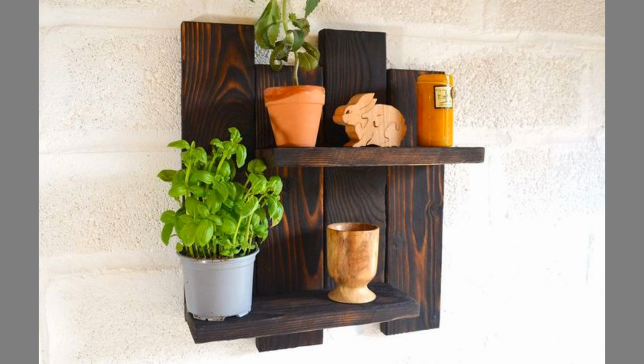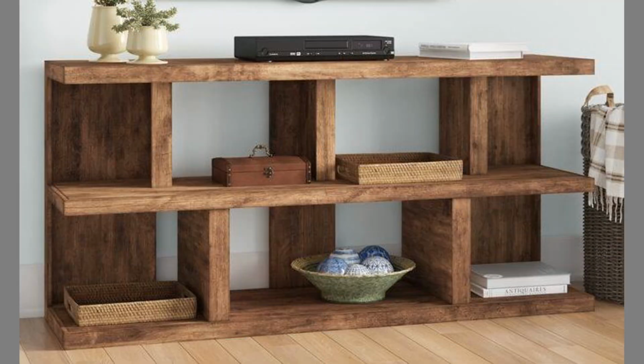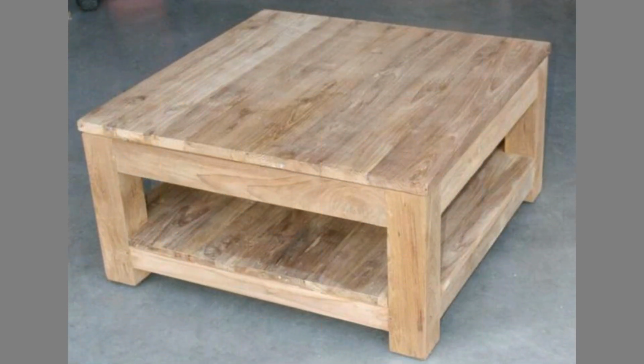In contrast, contemporary furniture is often designed to fit specific modern aesthetics, which can limit its adaptability in more diverse or traditional settings. Traditional furniture, while beautiful, may also be less versatile due to its specific historical influences and ornate details. In terms of pricing, rustic wood furniture can offer a range of options depending on the materials used and